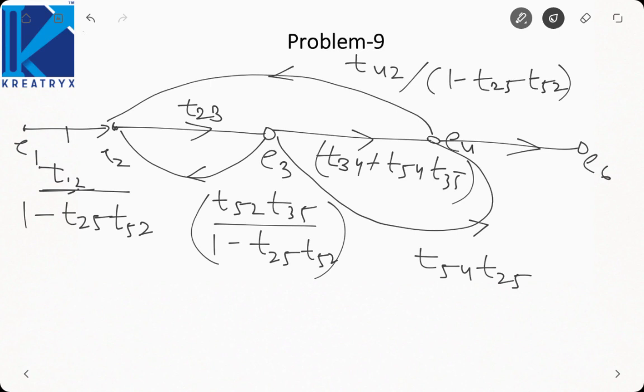So that is why nodal equations are very important, and Mason's gain formula is also very important. And you can almost expect one question every year from the signal flow graph. That is why you must prepare this topic very thoroughly and practice a lot of problems based on this topic. In the next lecture, we'll carry forward to see what is the effect of feedback on the control systems.